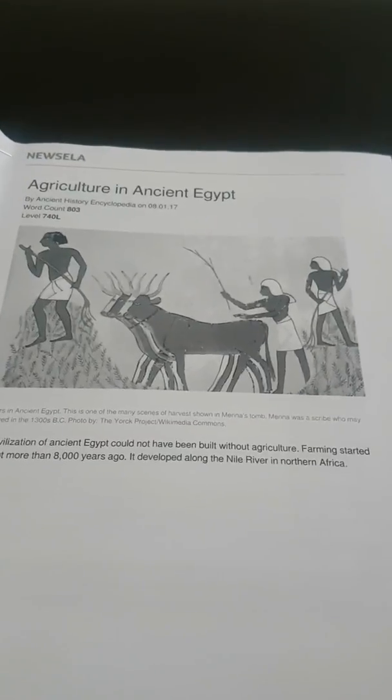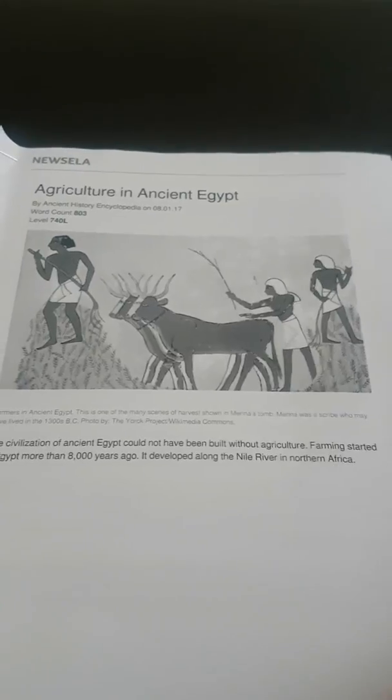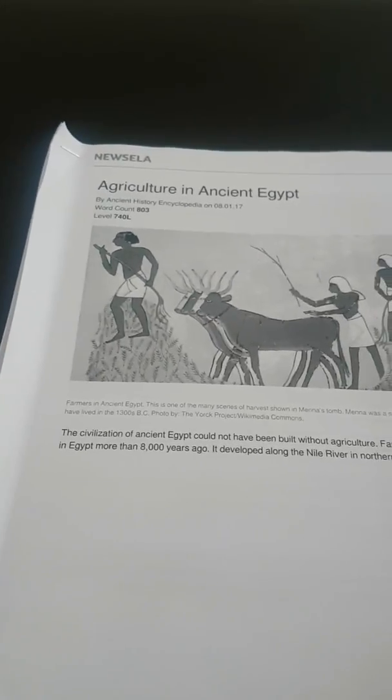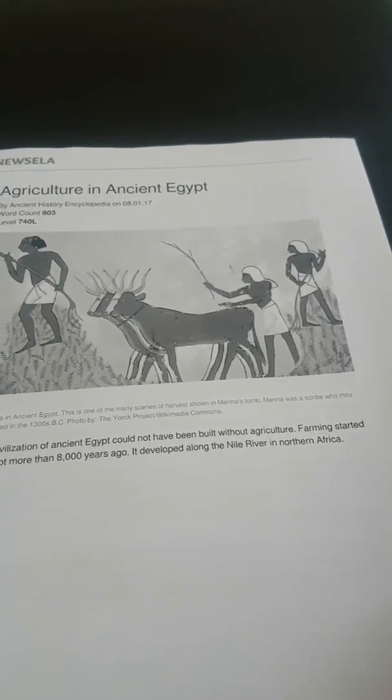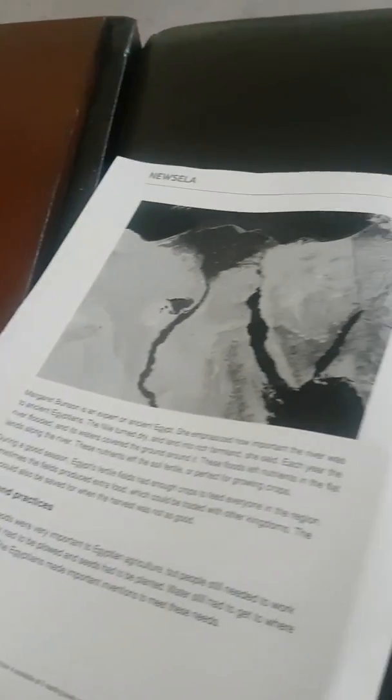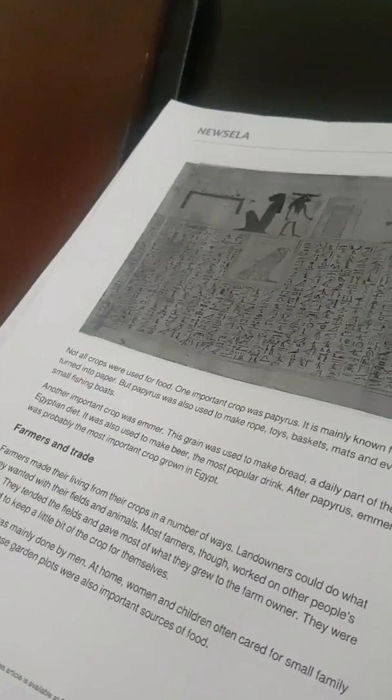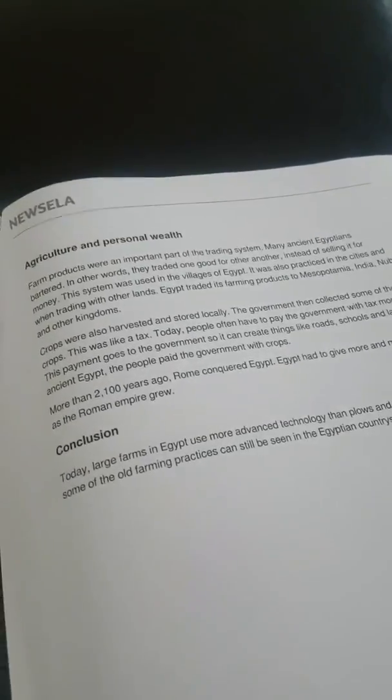Okay, so for my first text, I have a Newsela article called Agriculture in Ancient Egypt. Newsela says it was, I believe, a 5th grade level. The Lexile was 740. Flesch Kincaid said 5.6. So there's pictures that support the text, different sections about agriculture with ancient Egypt. We talked about the Nile and how important that is, canals, animals, different crops, farmers and trade, and there's headings